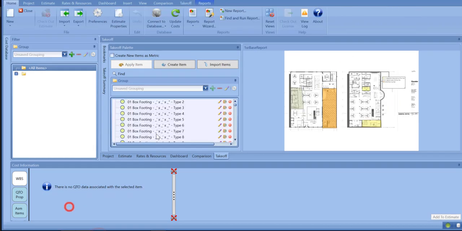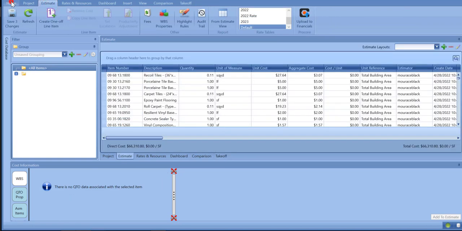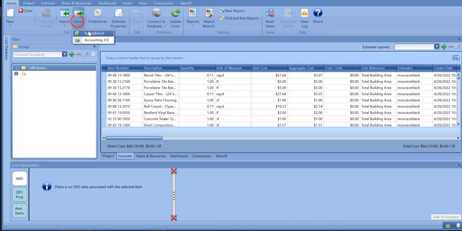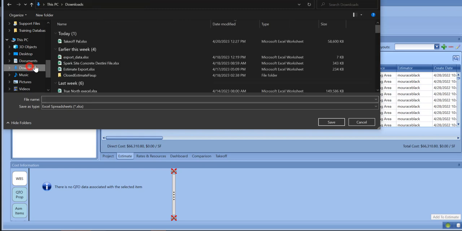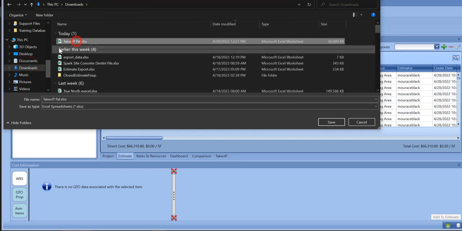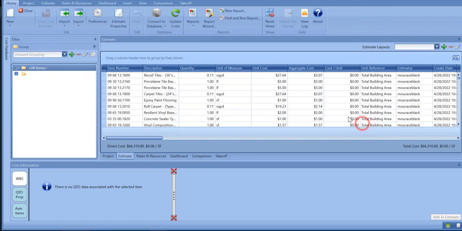So the way to get the palette, you have to go to Estimate, go to Home, Export, Spreadsheet, save your spreadsheet. I already have it exported here. So this is what I just exported. Now that I have that exported, I'm just going to go to my other estimate